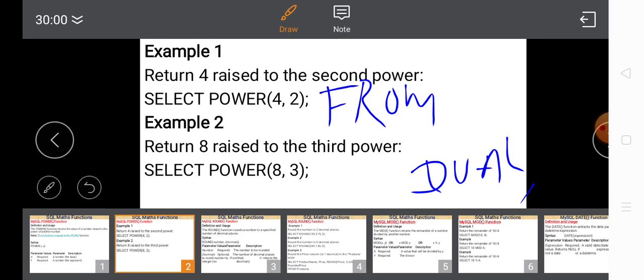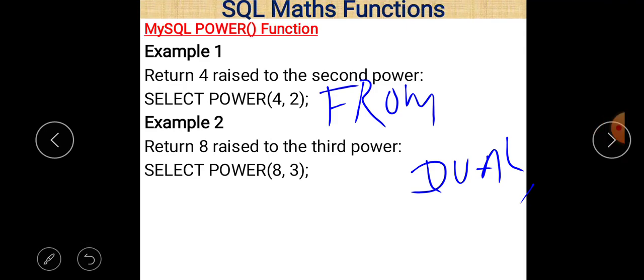Dual is a table name, that is the default table. So if you want to perform any mathematical calculation in MySQL, then you can select the dual table. And if you don't write the dual table, your statement will also be executed in that case, because it is by default.